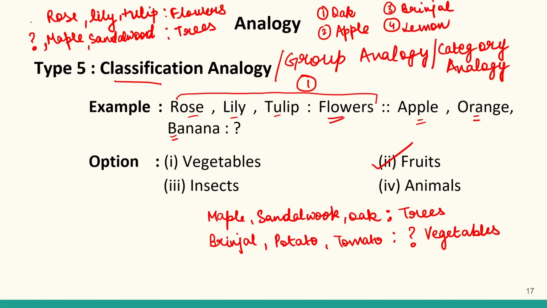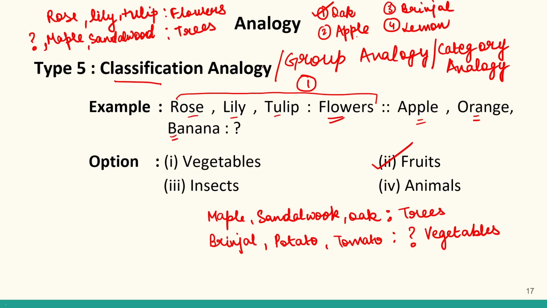So clearly in this first analogy, all these are types of flowers. So we have to find an element which is a type of tree, right? In this question, even though apples and lemons are grown on trees, oak is the only option which is a type of tree. All these are fruits, this is a vegetable, this is a vegetable. So oak will be the correct answer.